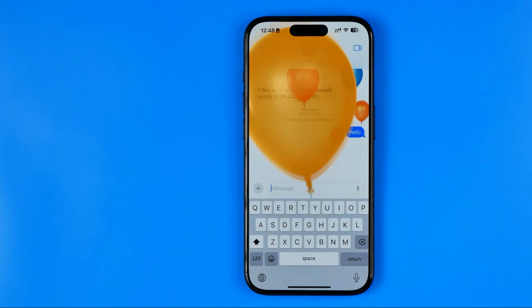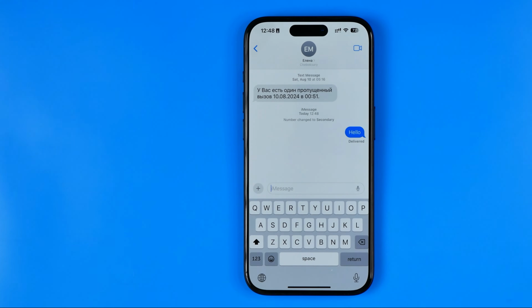It will send a message here, and also it will show us that preview, so now we can see what it would look like to the person we